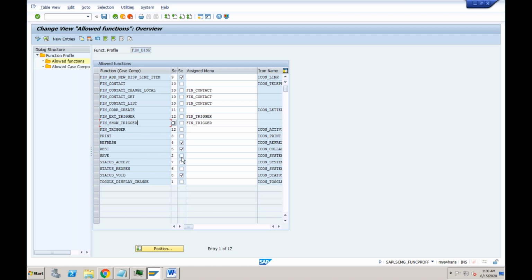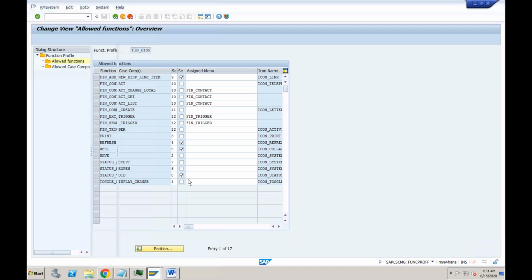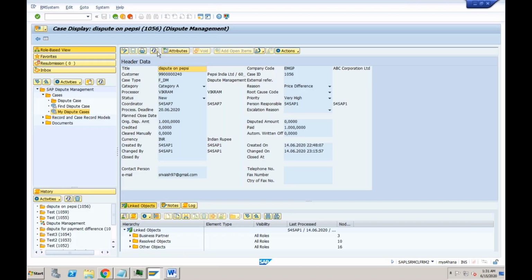This one is whether you want to have a gap in between, so this is the separator after the button. You can see after the refresh button there is a gap. You'll be able to see this gap here. Similarly, there is a gap between the print button and refresh button.